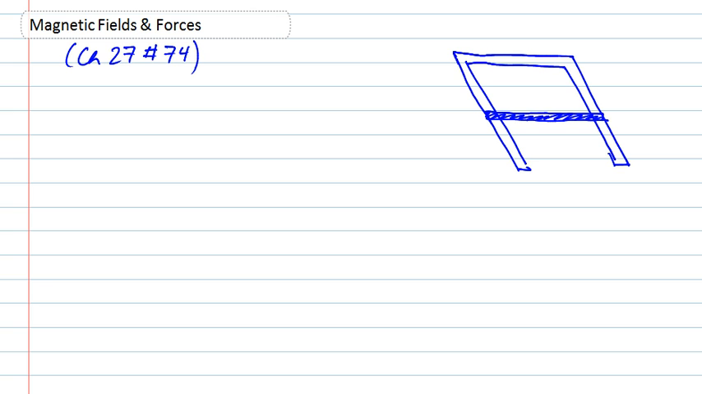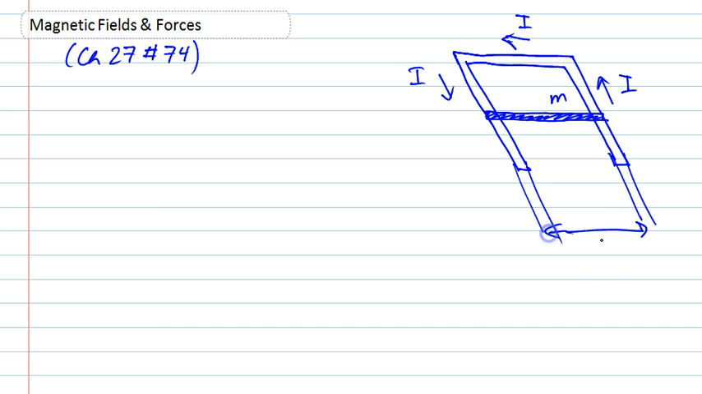So what we have is a portion of a track. This is actually kind of what you think of when you hear the word railgun. So you have a rail that continues on for a while that carries current in this direction. And we're also given that we have a mass of m and a length of L in between